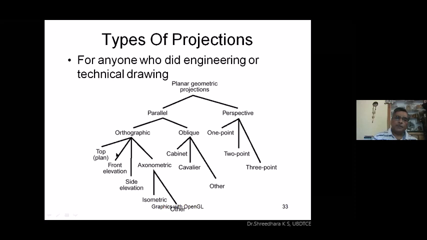You can view the object when it is projected in orthographic as top view, front view and side view, 3 views. In axonometric projection, I think in your first year drawing you observed the object at 45 degrees, 30 degrees, that is isometric projection. There are many other types of projection concepts with respect to axonometric, that is, the angle of view. Isometric is one of the techniques used many times to give the effects. So this is the general classification of all.